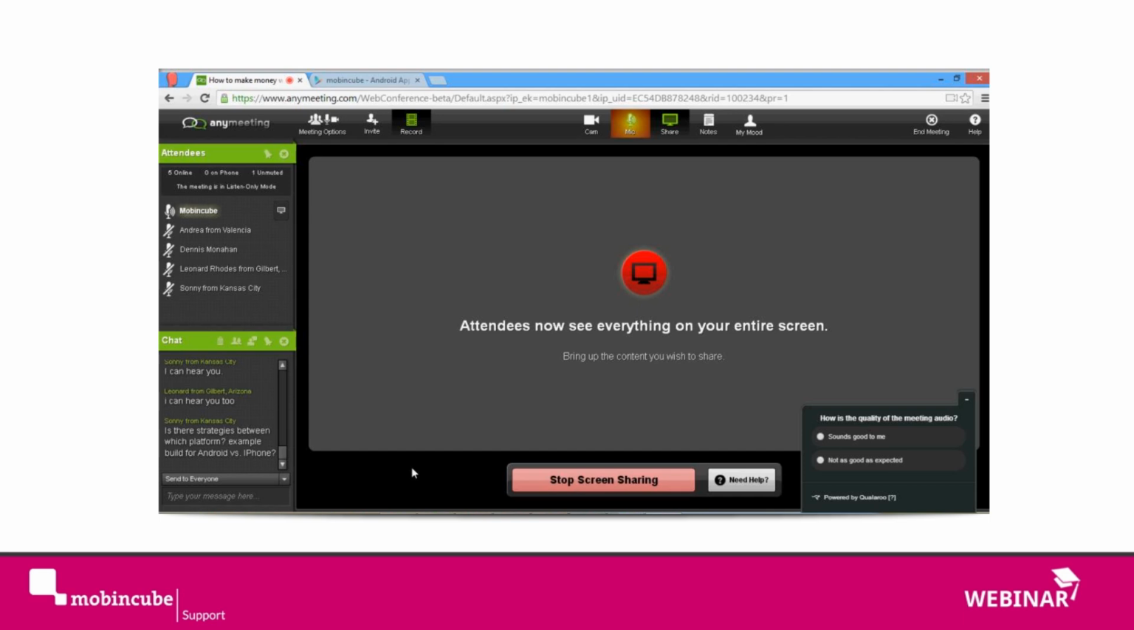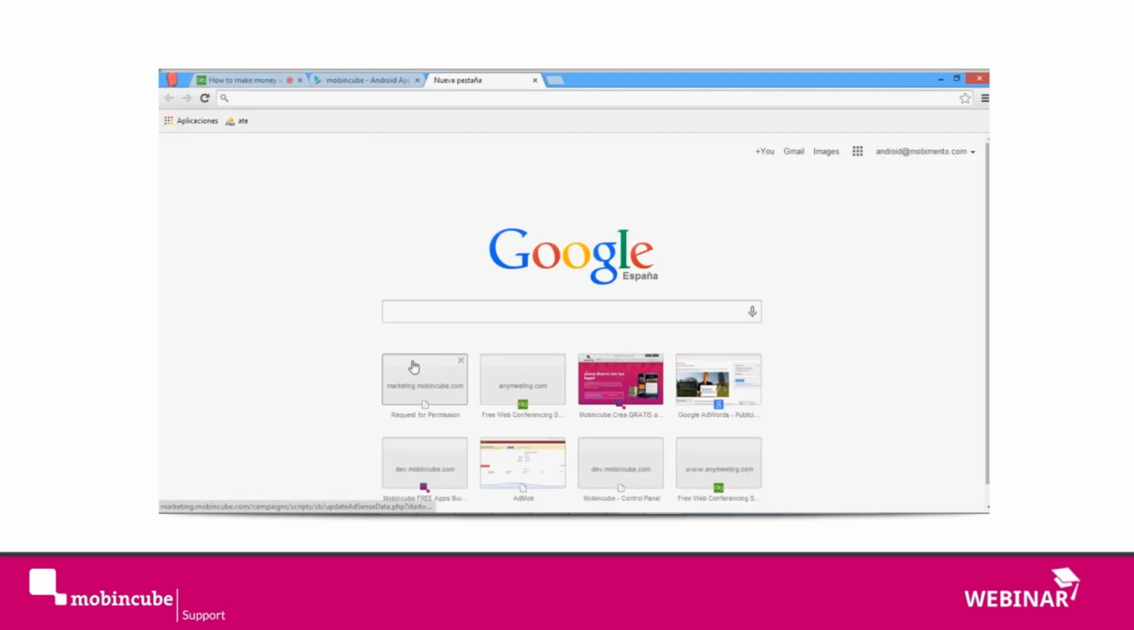Okay, so in every place in Mobincube where you can set an action, for example, in a menu you can add a button, or you can add a timer to your screen. So there you can add an action. So if you set the action interstitial, it will launch a full screen advertisement. Okay, so I'm going to show you some examples. For example, I'm going to log in to Mobincube